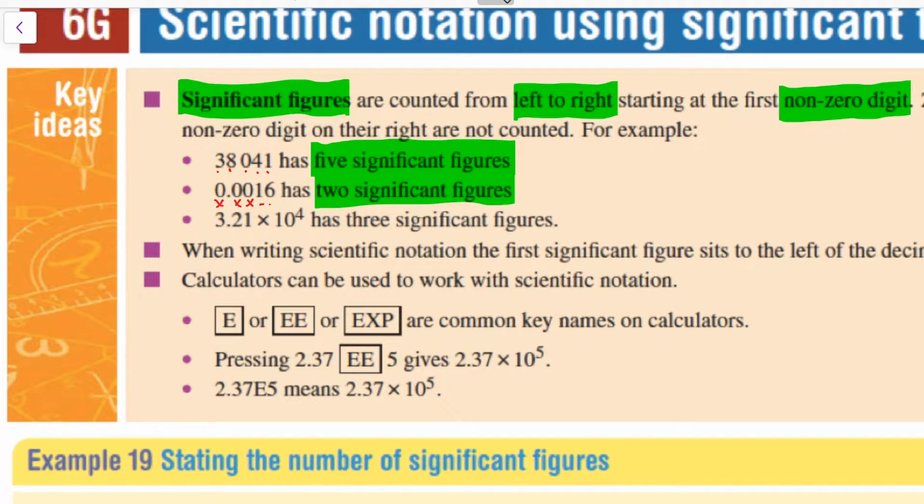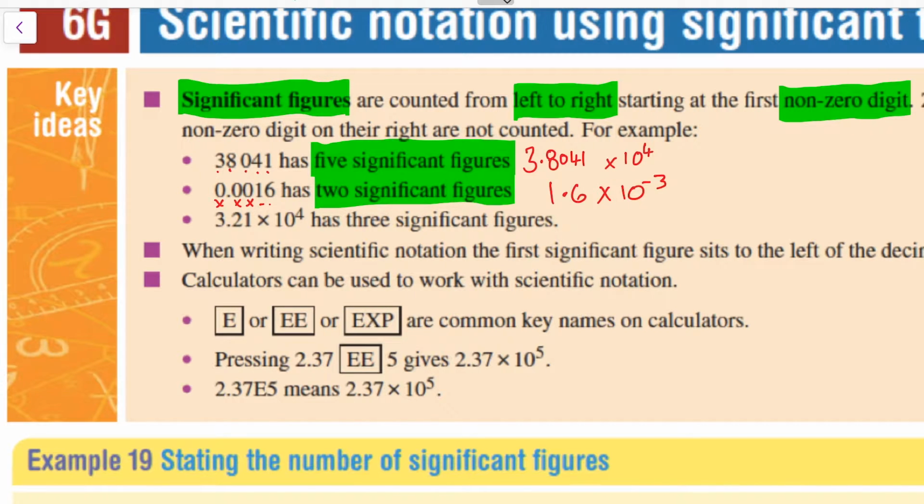So if I was to jump, it would be 1, 2, 3. So I know it's going to be times 10 to the negative 3, and it's going to be 1.6. Notice that I'm using the significant figures, which is 1 and 6, as part of the scientific notation. Whereas the question above with the 5 significant figures, if I was to put that in scientific notation, 1, 2, 3, 4, it's going to be times 10 to the 4. So it's going to be